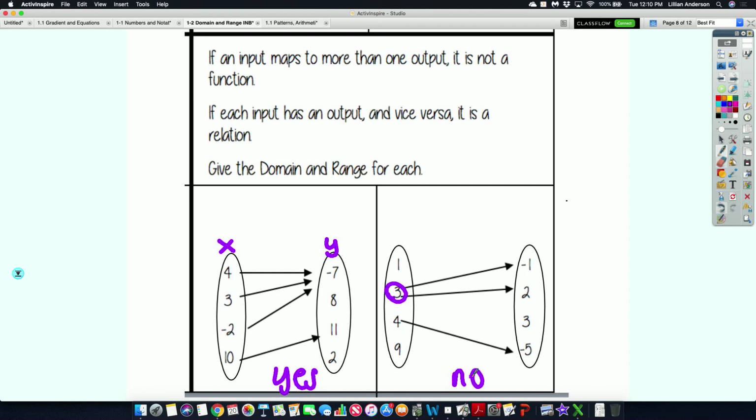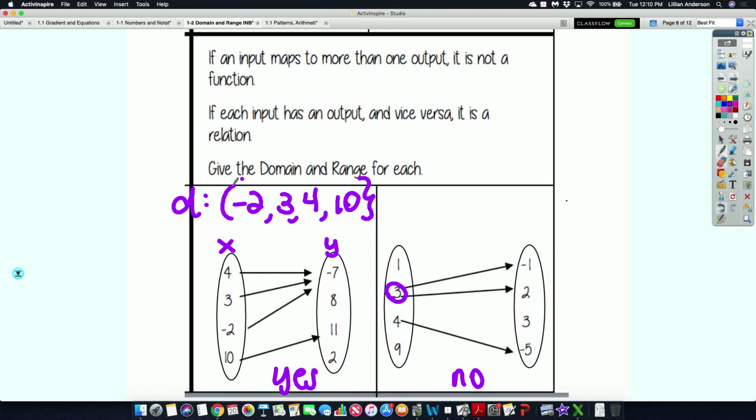Even though there are some numbers that don't have arrows drawn to them, that's okay. It's still a function on the one on the left as long as your x values have a corresponding y value. It's okay to have empty y's. You can't have any empty x's though. So the domain for this one is -2, 3, 4, and 10. The range though,